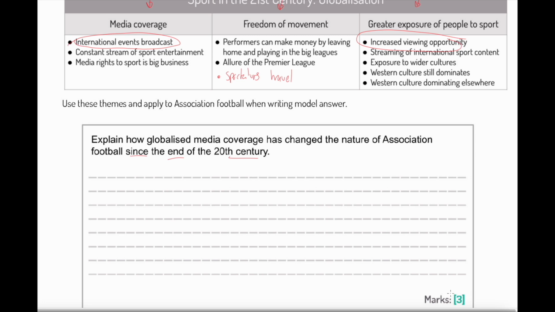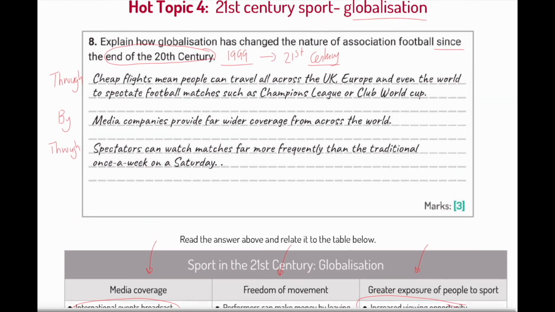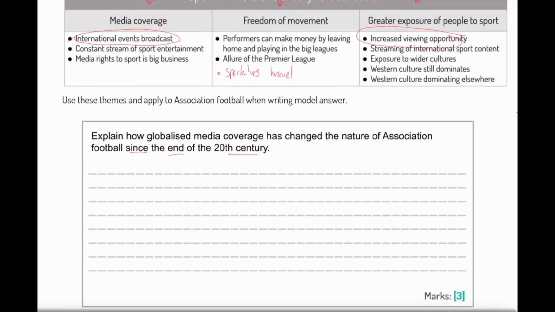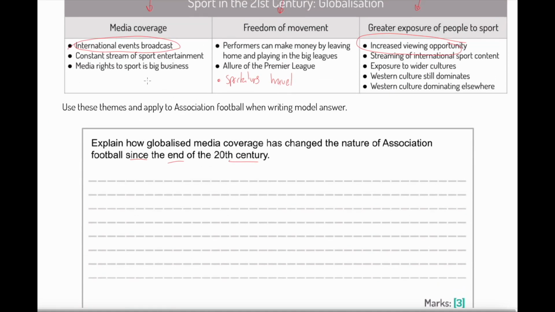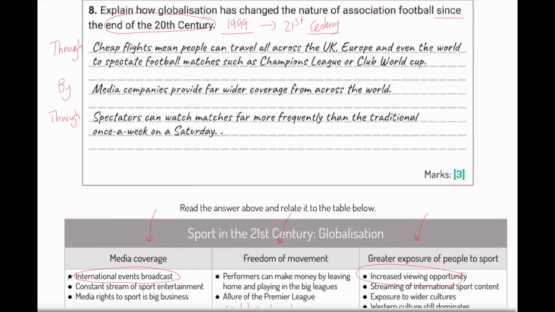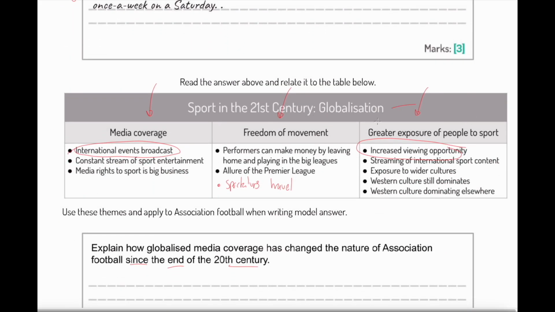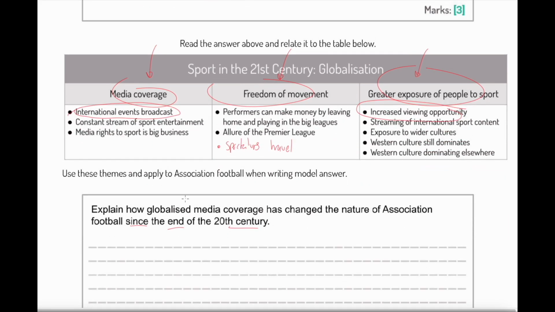So if we're talking about football in this sense, obviously what we've got here is exactly that structure. Explain how. By the way, guys, let's just go up to here. This one explained how globalization as a whole, that allows us to pick that entire column, this column, this column. But this question here is explain how globalized media coverage has changed. That means that only this material is correct. And I'm going to go for